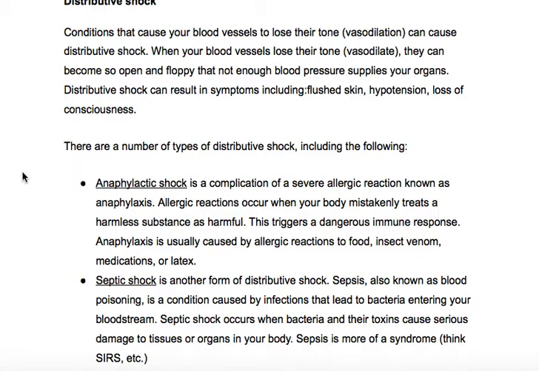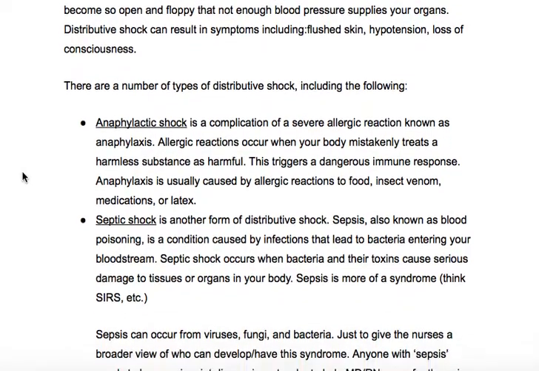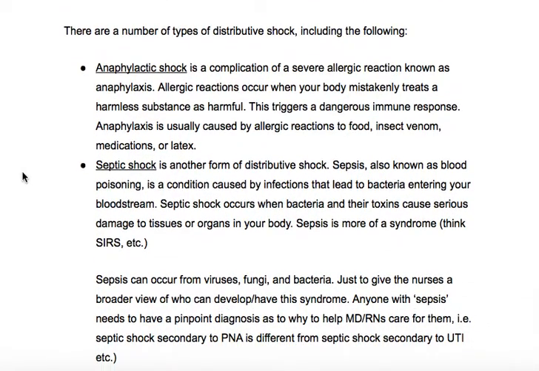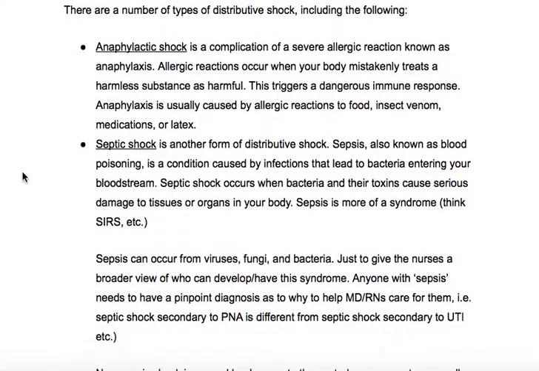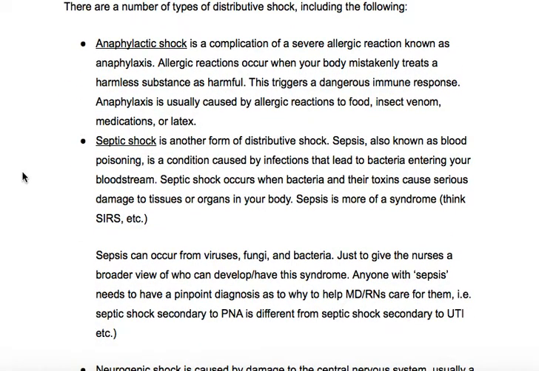But of course, distributive shock can show up in patients with flushed skin. If your vessels are very vasodilated, you're going to be perfusing those capillary beds well, so they can be warm and flushed. Obviously hypotensive, and then any kind of neurological change can occur with shock. So distributive shock is an umbrella term, and these are the different types of distributive shock that we can see